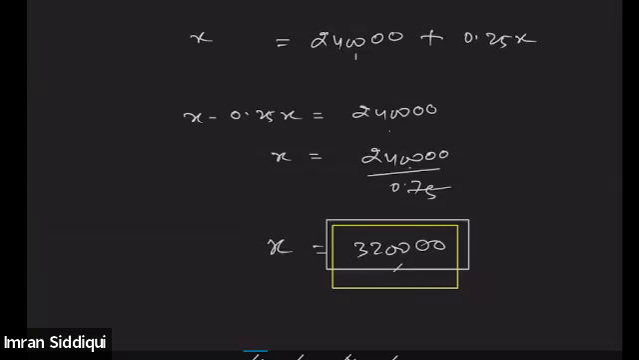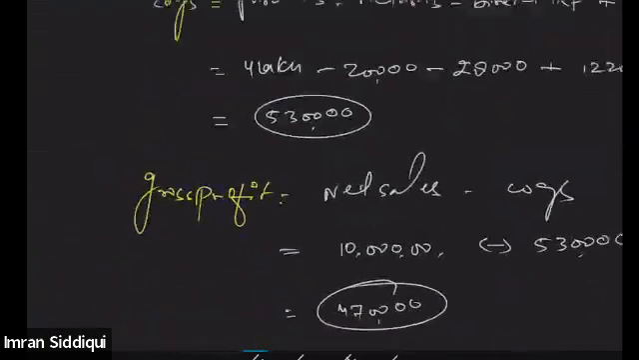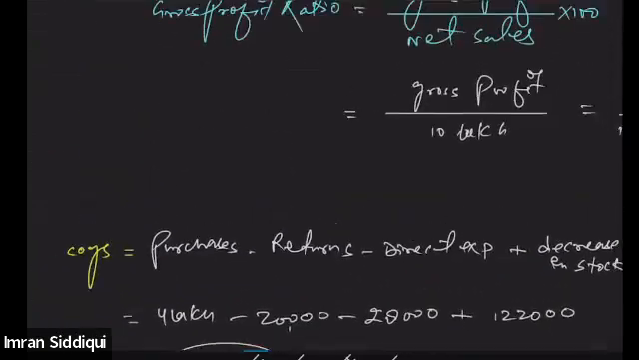Okay, everyone. This is net sales. This is what we require for our calculation. Is it clear? Yes or no? Everyone? Yes, sir. Got that 0.75. Divided by 0.75. 2,40,000 divided by 0.75. So in order to find out the